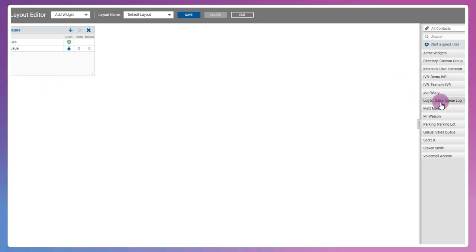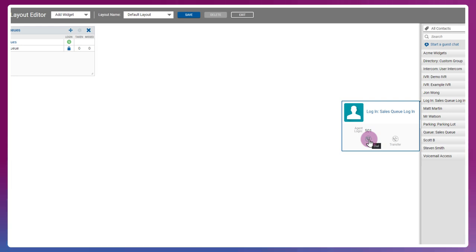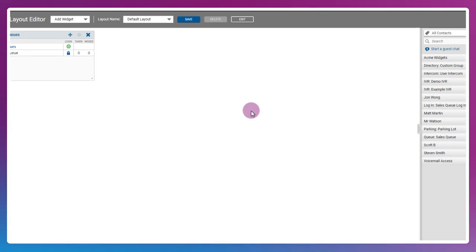We can also just go on the side here, and we've got a quick dial as well to access the queue and do sort of a simulated phone dial in. As well, you can also see the amount of calls taken and the amount of calls missed under that widget, so it's a really powerful and handy tool to have available.